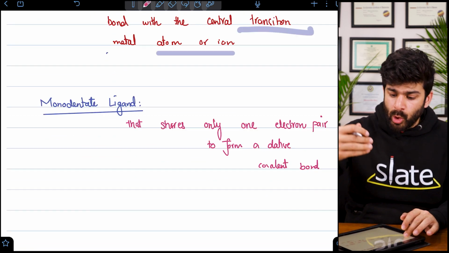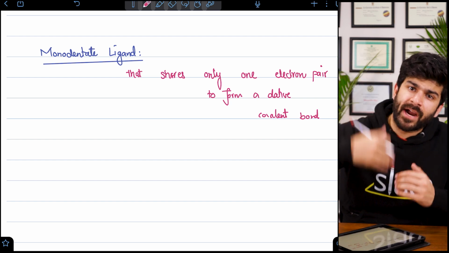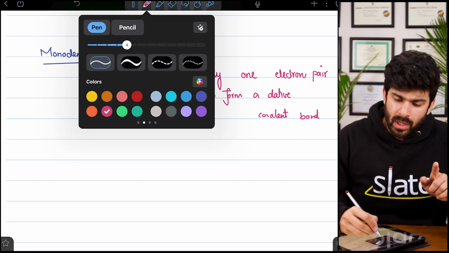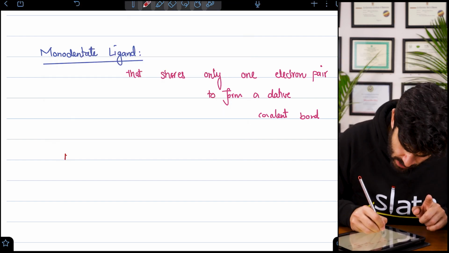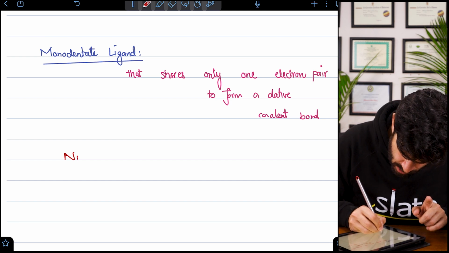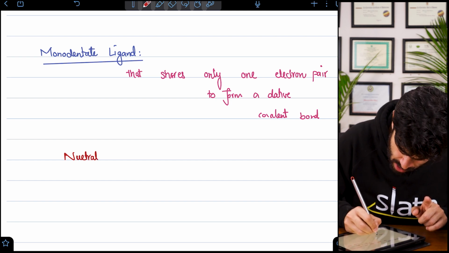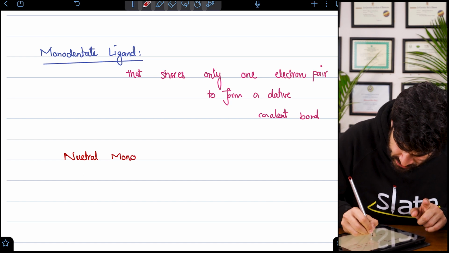Now, monodentate ligands are further divided into neutral and negative ones. So, neutral monodentate ligands